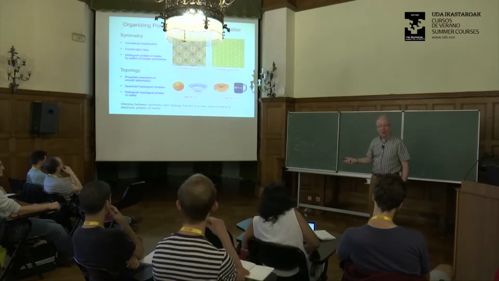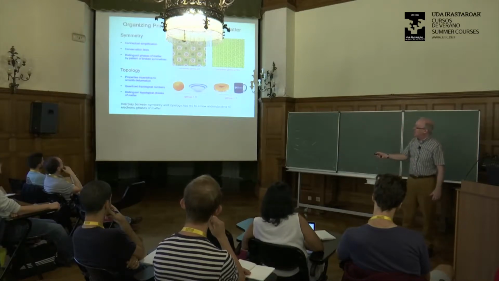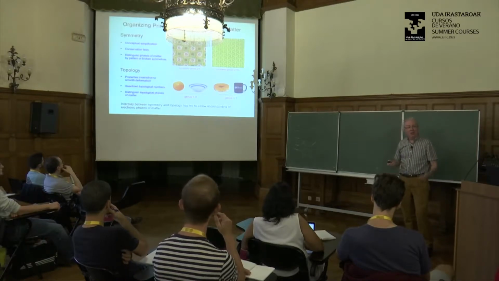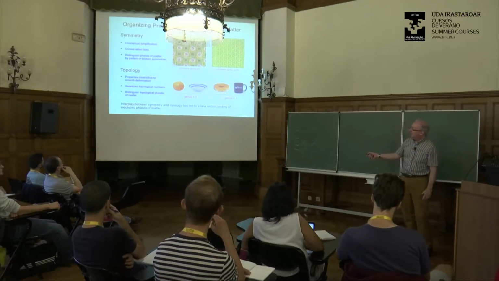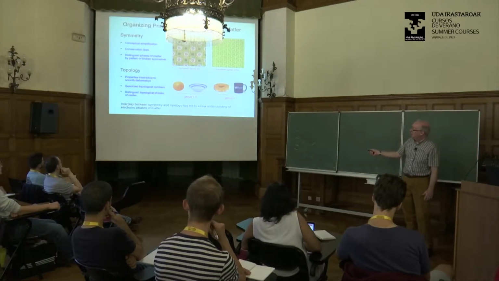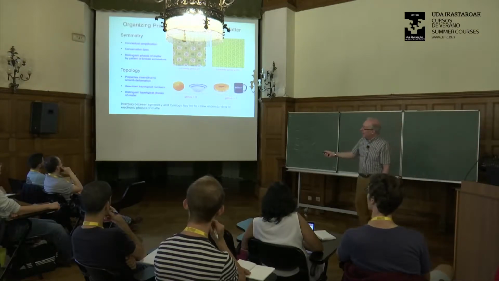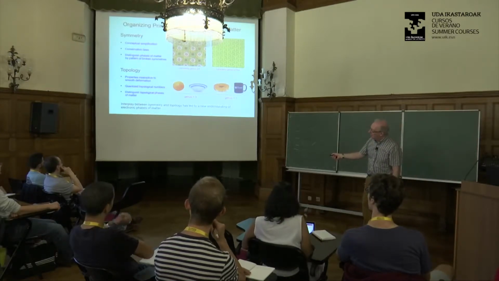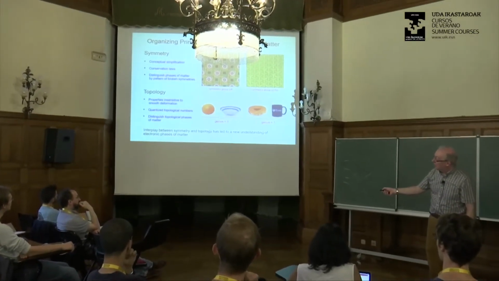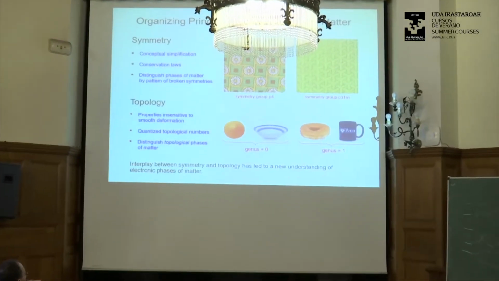So an equally powerful idea, however, is topology. And what topology is about is what stays the same when you continuously deform something. Okay, and so the classic example is the sense in which a sphere is the same as a bowl, or the sense in which a donut is the same as a coffee cup. And again, topology comes up in many contexts in physics, but what I want to focus on is using topology to distinguish topological phases of matter.